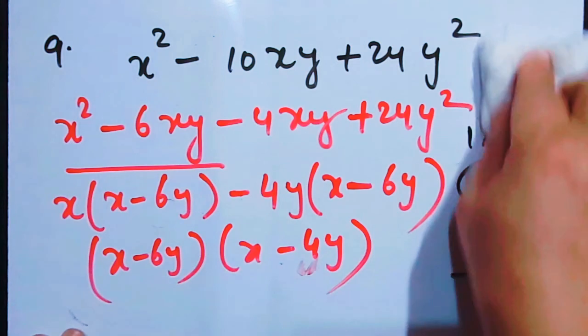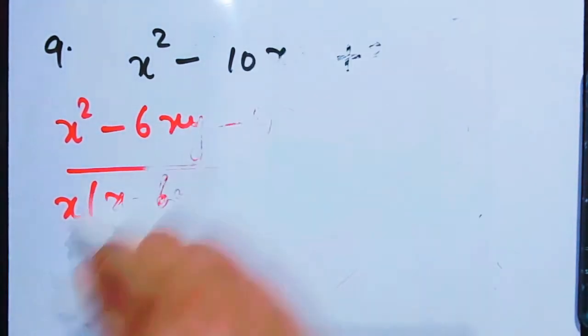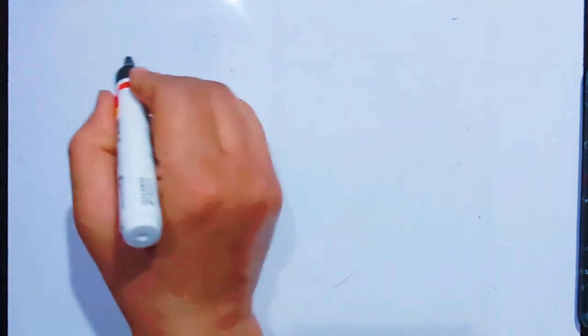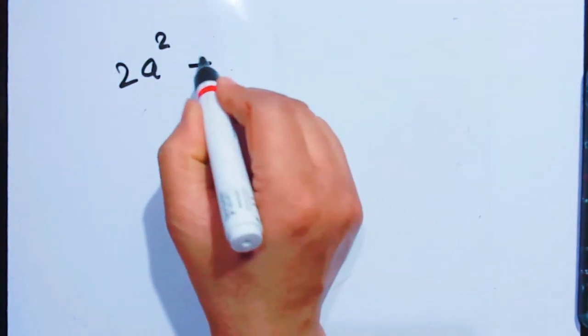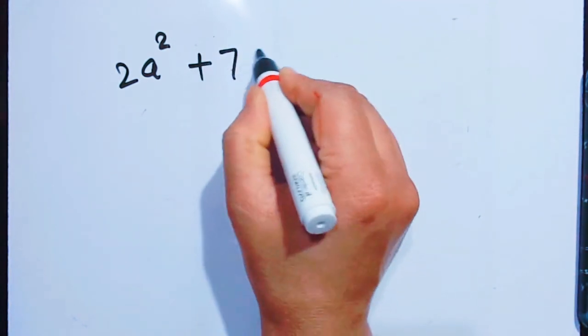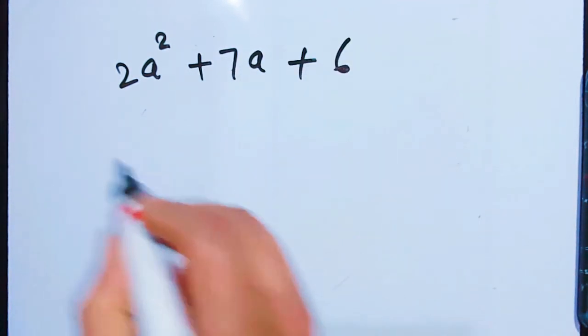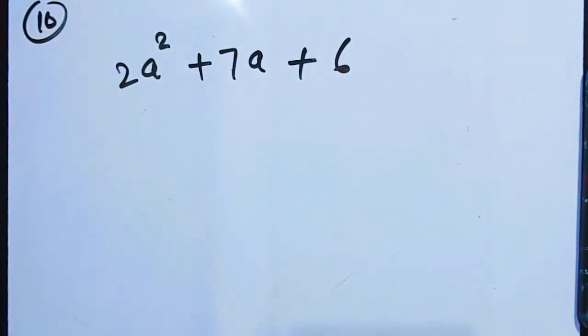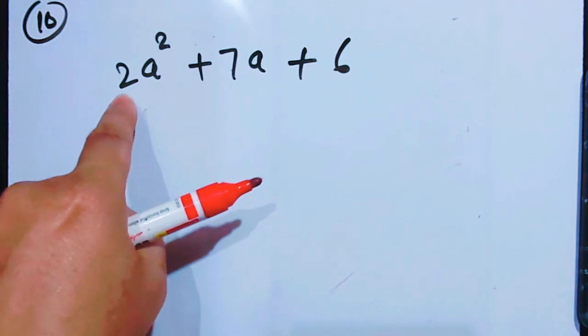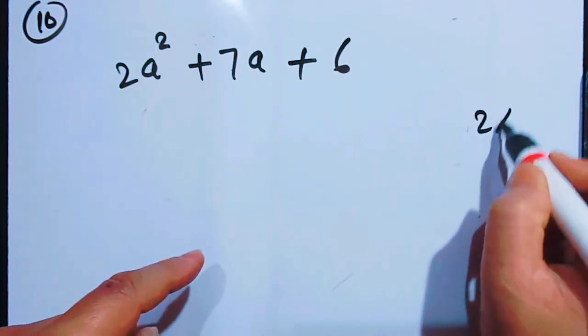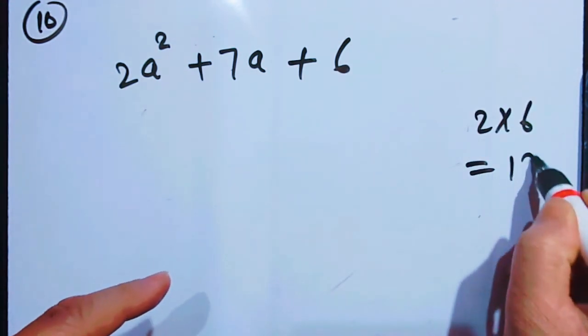Now, if I leave it over here, again you will say, why didn't you complete till 10? Okay, so just one more. Why one more? Because whatever problem you were thinking about till now, here you will get an answer or explanation of it. 2a square plus 7a plus 6, isn't it? So till now every time I got 1 over here. Here I am getting 2 over here. Therefore 2 into 6 is equal to 12.